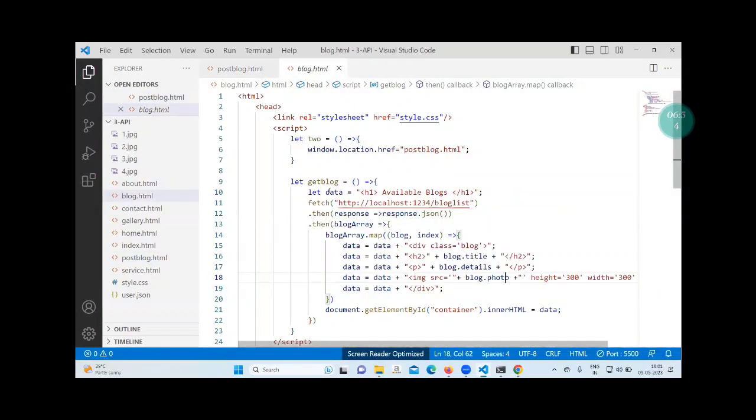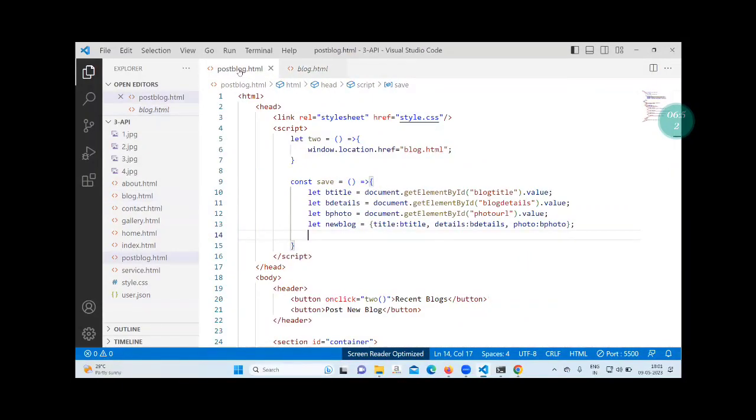In the previous example you can see you have a URL localhost:1234/bloglist. So we need to send the data to this URL only. That is called blog list. So copy this URL and come here and write let